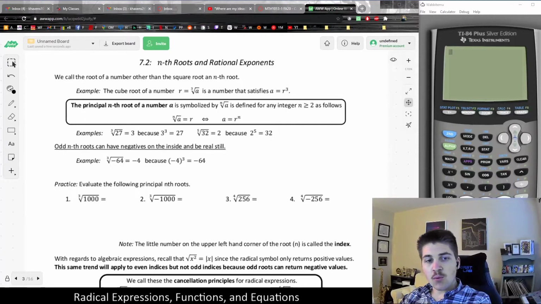In this video, I want to talk more about nth roots, formally defining them, and expanding towards how we write different roots as rational or fractional exponents. So, the definition of what we call a principal nth root of a number is written above, but it's basically the same idea as a square root or a cube root, the key idea that we've already been discussing in